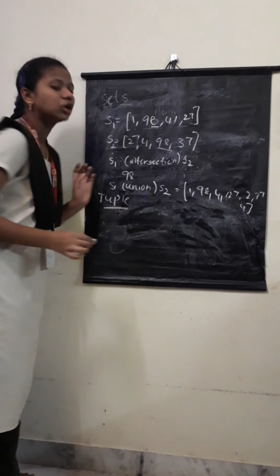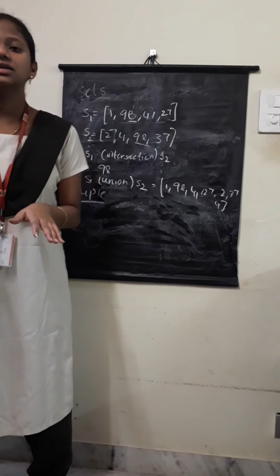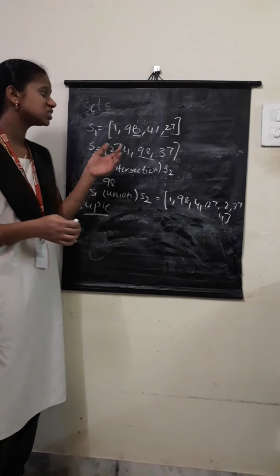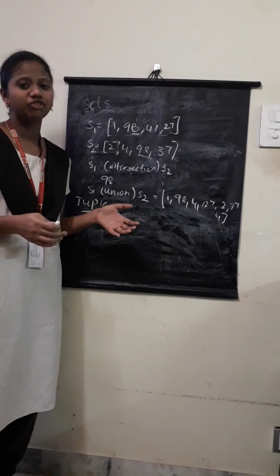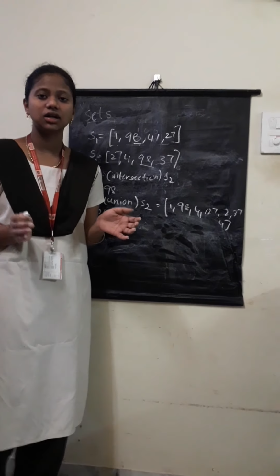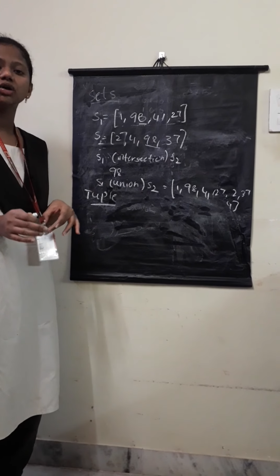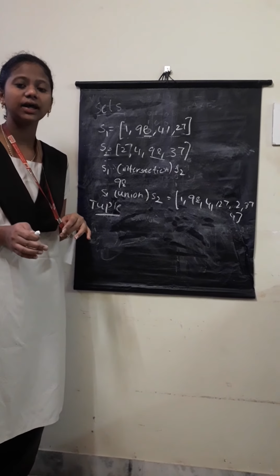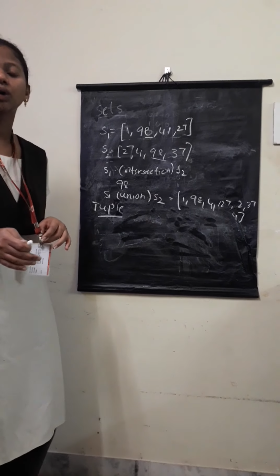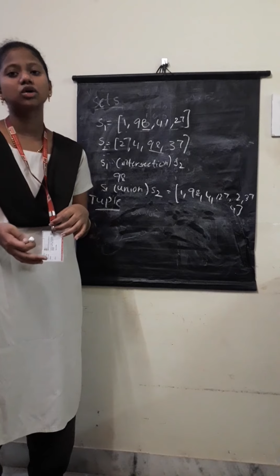Tuple data structure. A tuple data structure is nothing but the same as the list. But in a list we can change the values in it if we want, but in a tuple we couldn't change it because it is restricted. It is immutable. We use a tuple when we have a list and we do not want to change it.